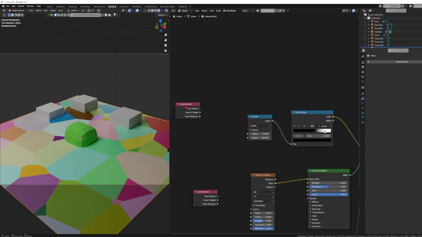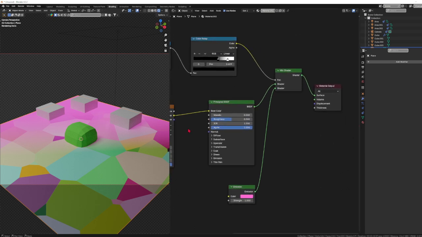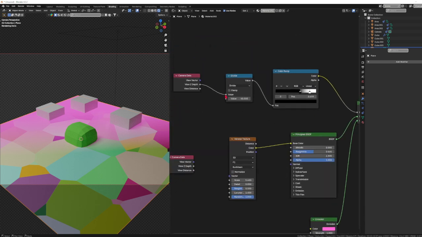Okay, so we're going to take this camera node, camera data node. We're going to plug in the Z depth into the value. And the first thing you're going to notice is this pink hue. Now, that pink hue is coming from our emission shader because normally without it, if we took away that node